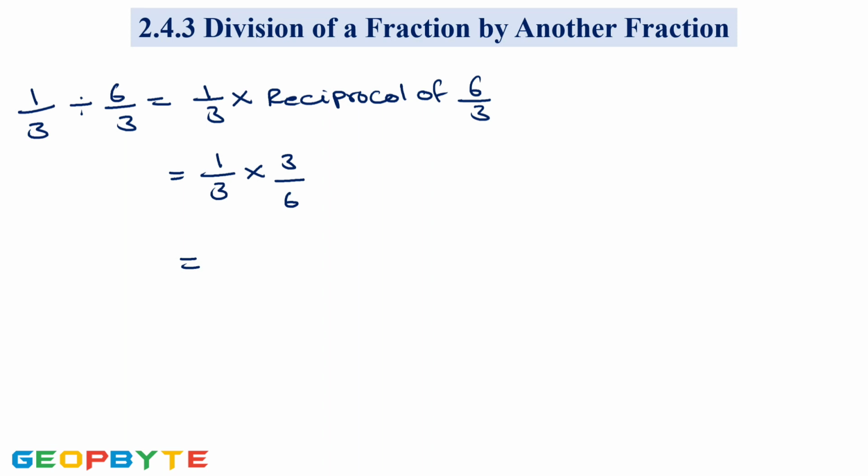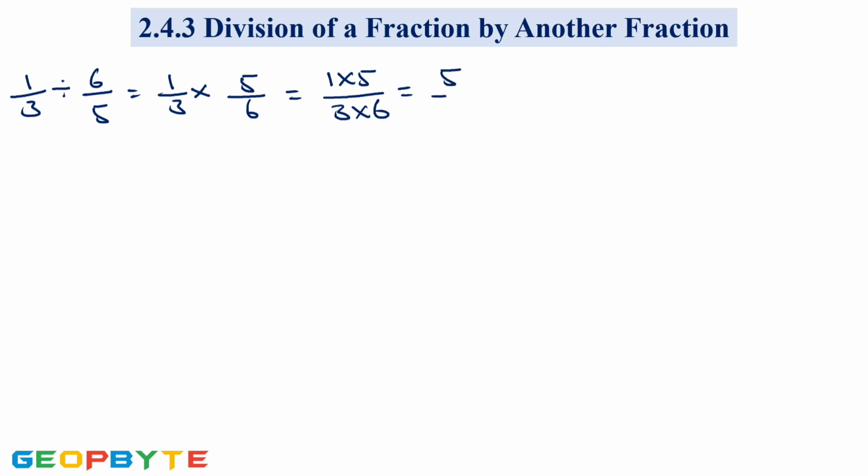So we need to apply the multiplication of a fraction by a fraction rule. How to perform multiplication on fractions? First we need to perform multiplication on numerators, that is 1 into 3, by the product of denominators, 3 into 6. Here we are having 3, 3 ones are 3, here also 3 ones are 3. So which is equals to 1 into 1 by 1 into 6, which is equals to 1 ones are 1 by 1 6s are 6, 1 by 6. The result of 1 by 3 divided by 6 by 3 is 1 by 6. Let us consider one more example.